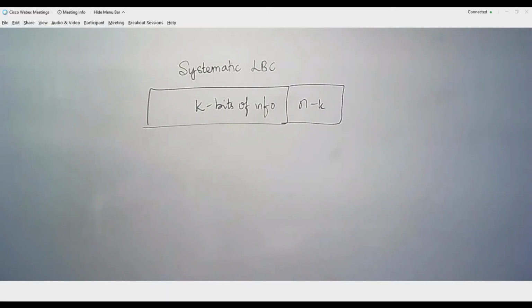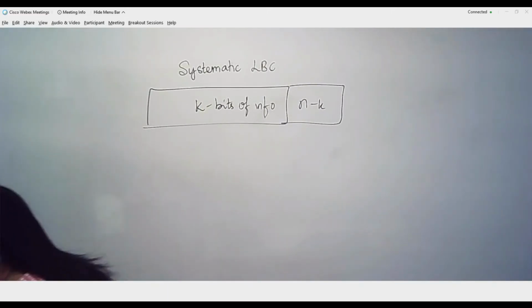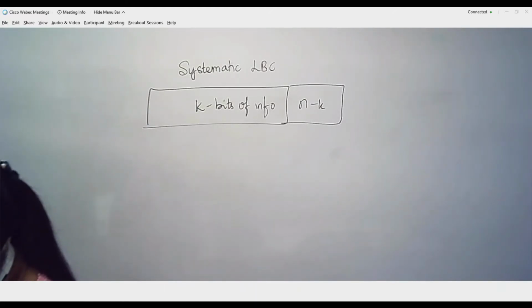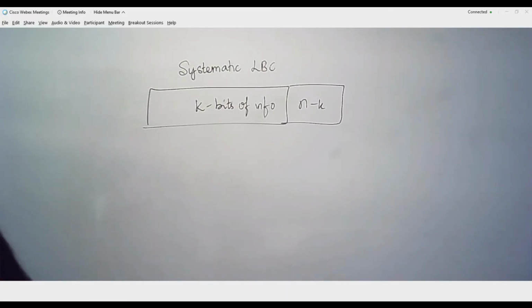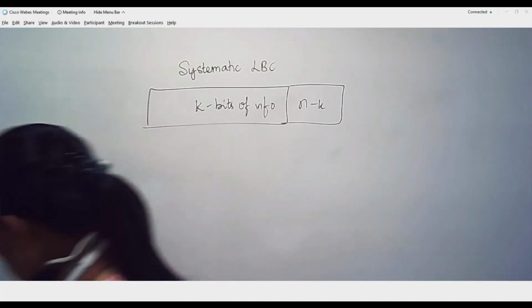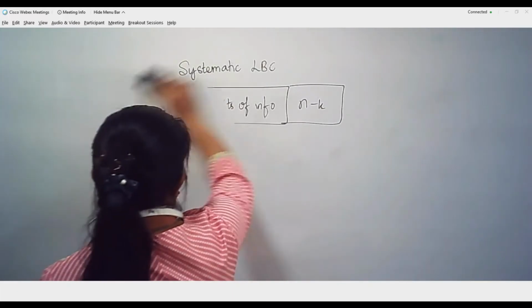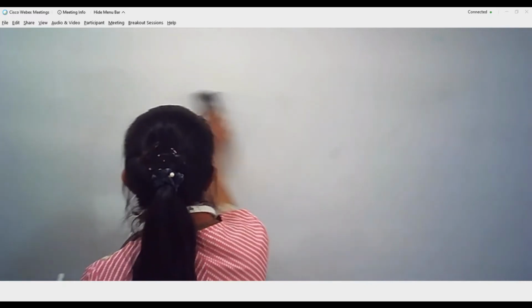Whenever we construct the linear block code, we define the input k bits of information and output n bits of information in terms of vectors or polynomials. So we will look at a simple representation of the code words.